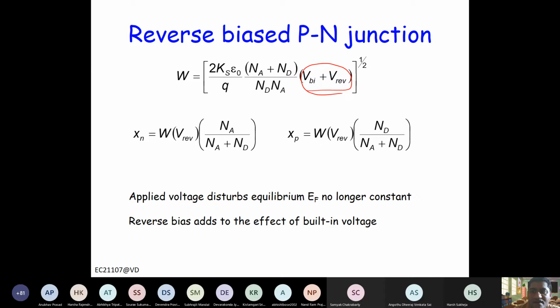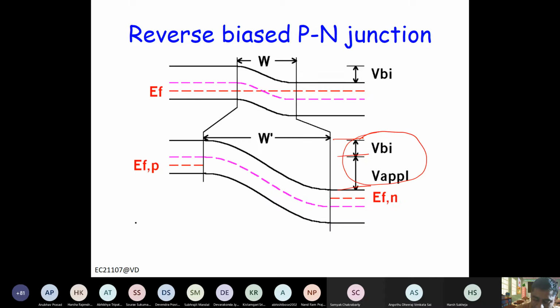Okay, and in reverse bias will current flow? Of course, the barrier is even higher, right? So there is a high barrier for electrons and a high barrier for holes, so none of them can diffuse, right? What about the drift current? Now we have a higher field, right? Now the electric field is higher. So what about the drift?